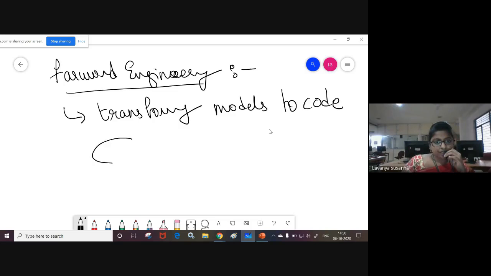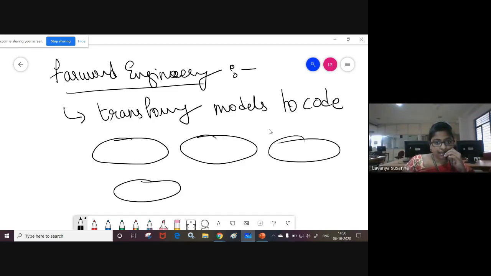Here you have identified many use cases, right? Just like login, give feedback, view attendance, post attendance. There are many use cases.